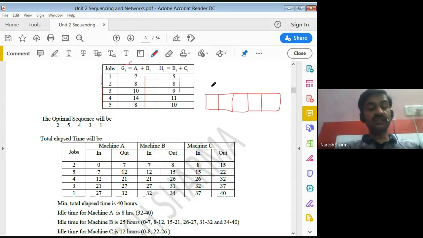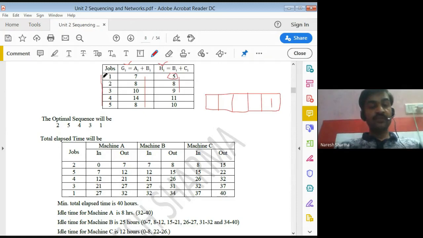So the first lowest value in this table is 5, which belongs to H, so we write it at the end. So we write here 1.